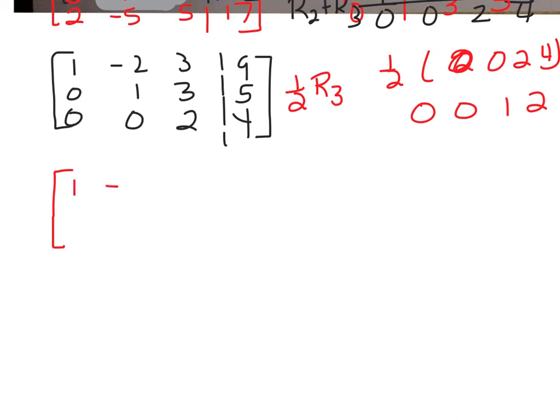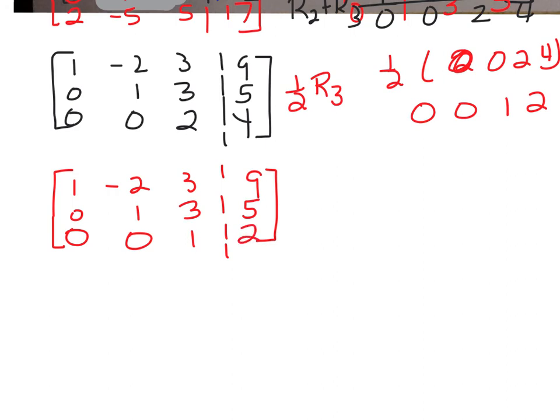So I have 1, negative 2, 3, 9; 0, 1, 3, 5; 0, 0, 1, and 2. All right, so now I have it in row echelon form. I have a 1, 0, 0, 1, 0, and then my 1. Okay, so now what I want to do is take these numbers that I have left